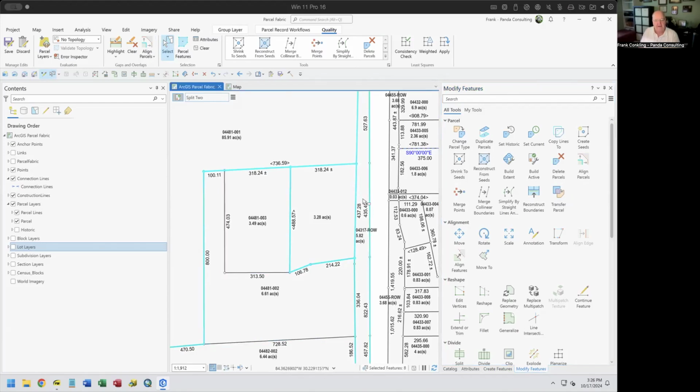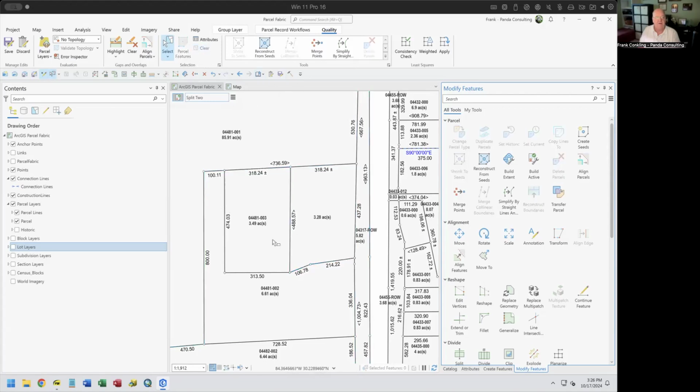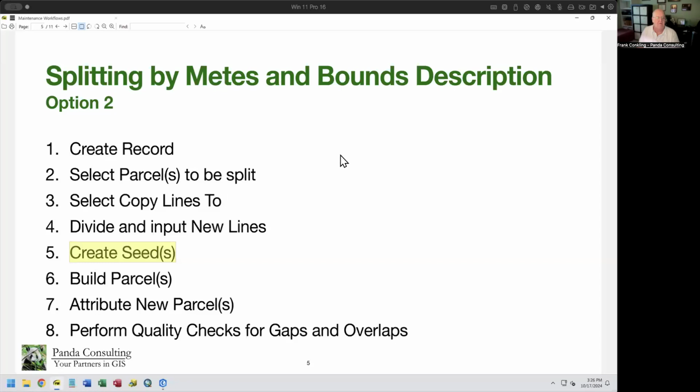If I select that and do a reconstruct parcels, it will then give me some other information. All right, so that's the third option, which is building this, where that line is described as being one side or the other of a line. That's for this